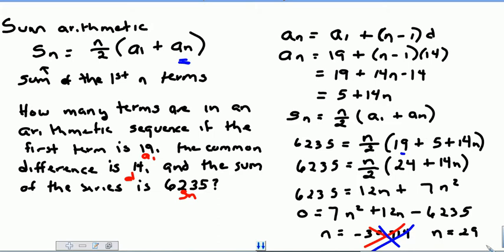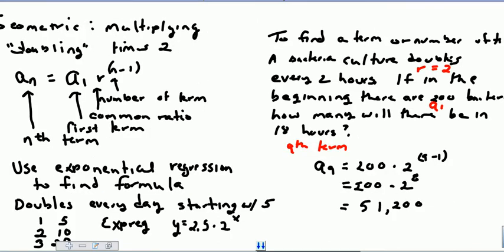All right, those are arithmetic sequences. That means that we were adding the same number over and over and over again. There's another type of sequence and series that we often deal with, and that other type is what we call a geometric sequence and series. Geometric means you're multiplying every time. So remember, arithmetic means you're adding the same number over and over again. Geometric means you're multiplying by the same number over and over again.